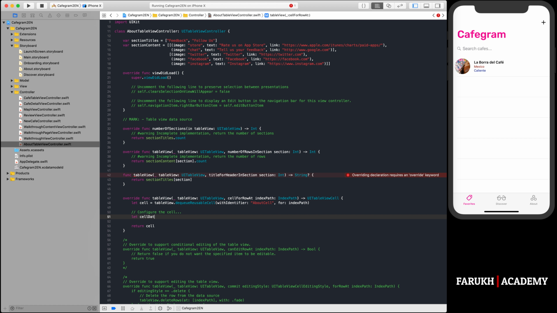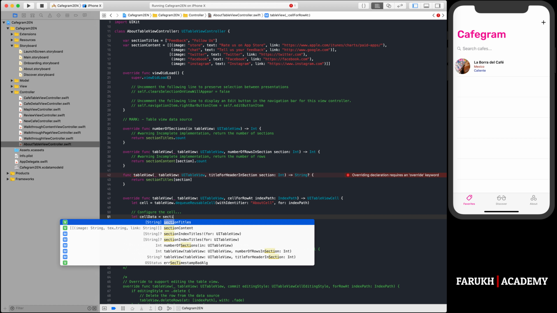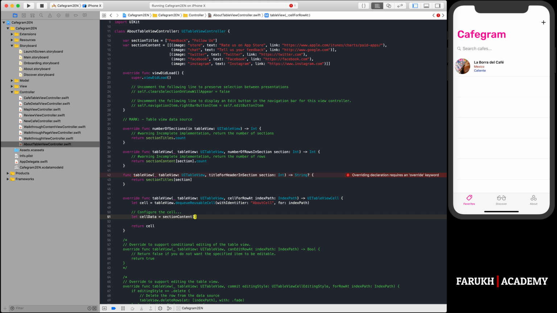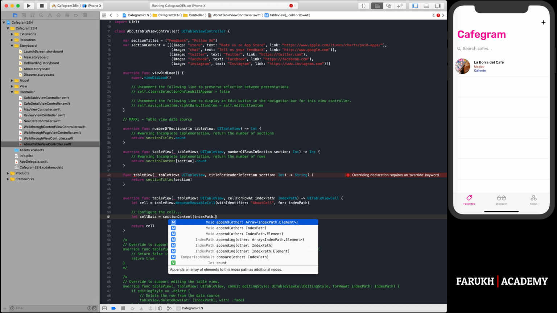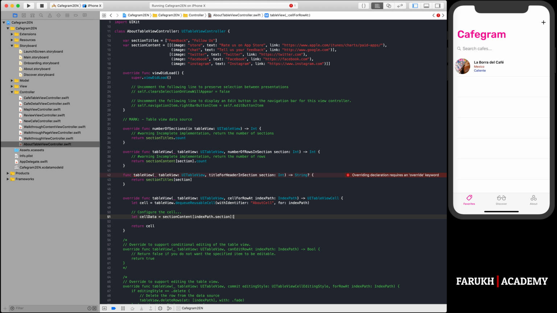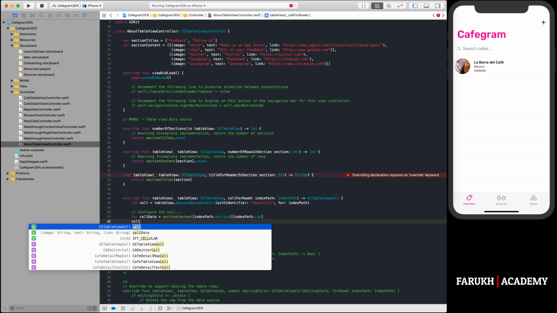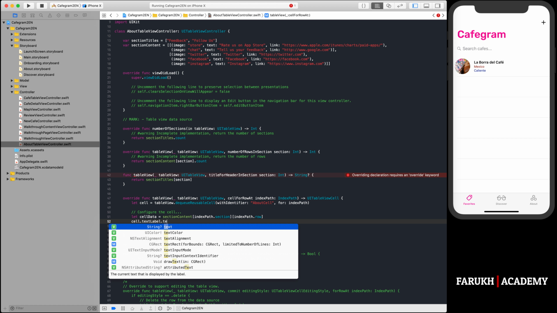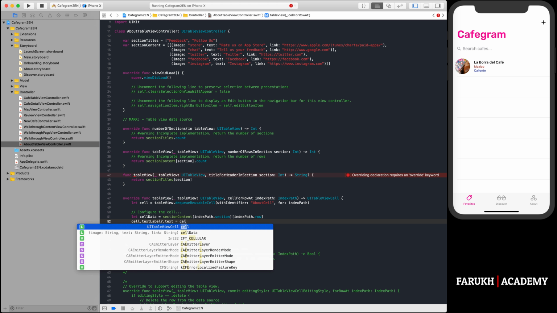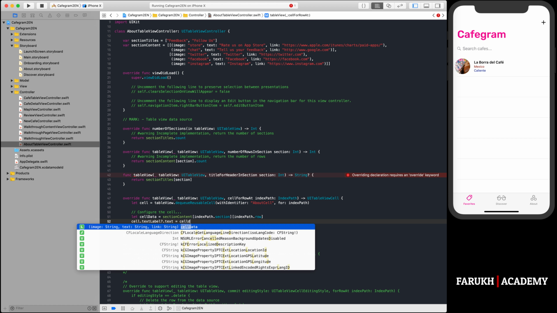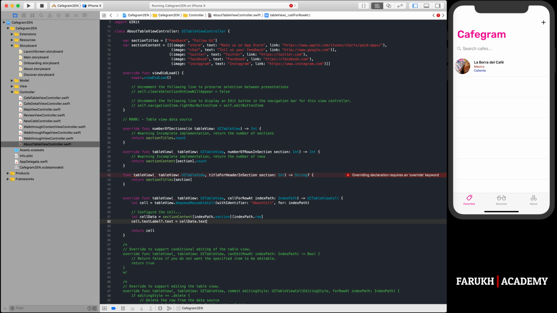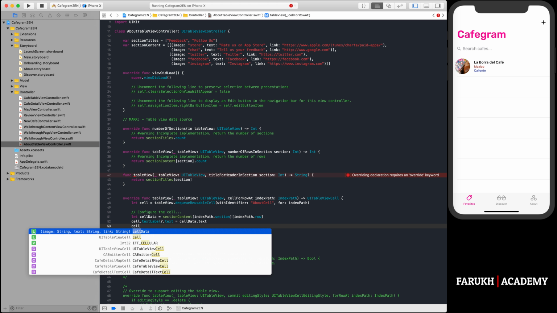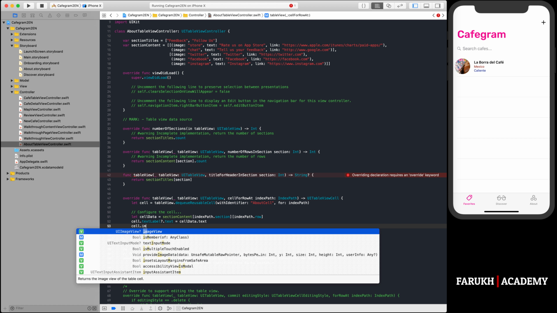let cellData is equal to sectionContent, indexPath.section, then indexPath.row. Okay, then cell.textLabel.text is equal to cellData.text, and cell image view